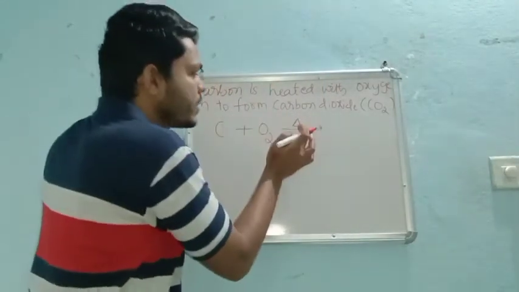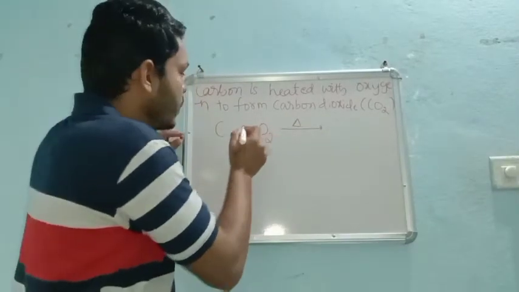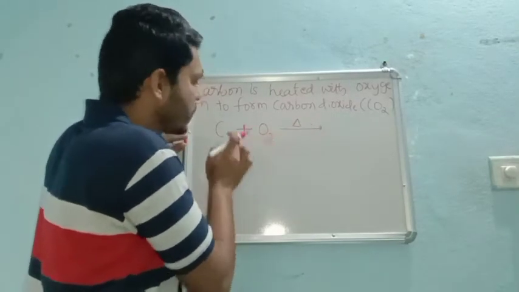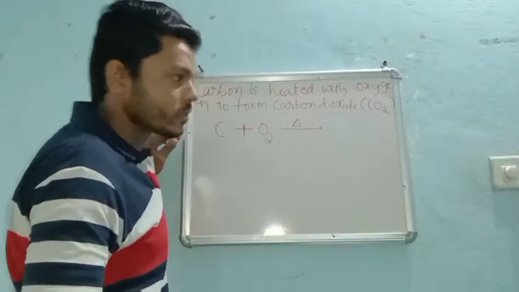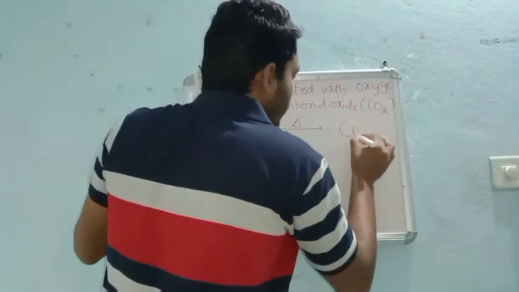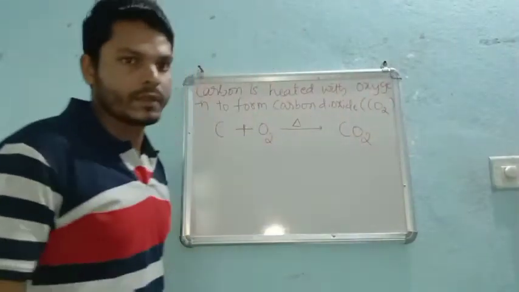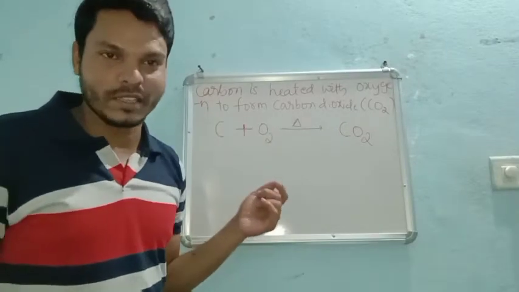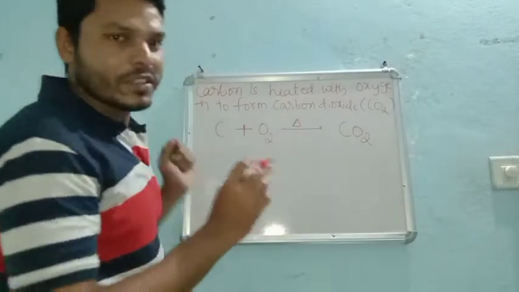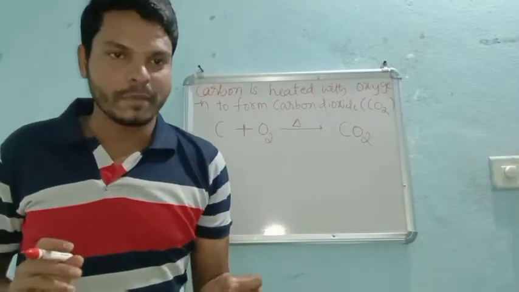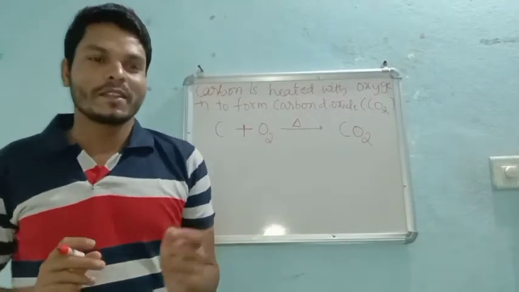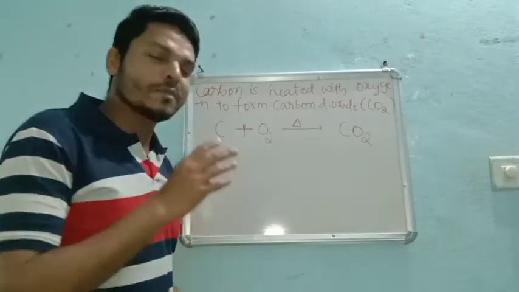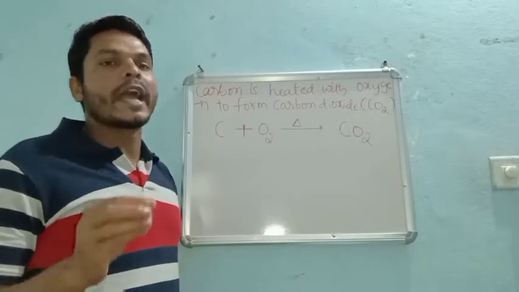So carbon is heated with oxygen. Heated with oxygen to form what? Carbon dioxide. What is the product you will get according to this sentence? Carbon dioxide. Understood? If you are not getting it, please do ask questions, right? Now, this part is a little bit tougher in our chemistry. If you come to know this part, then definitely second year chemistry will also be very easy for you, right? So that's why it is a bit tougher or trickier. So try to understand.